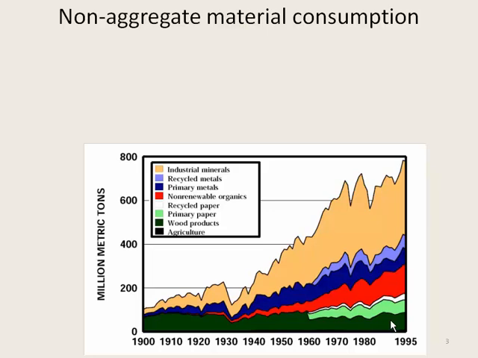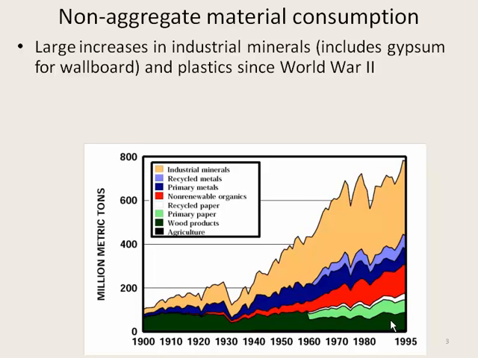When you consider, if we would take out that aggregate road building, concrete type of materials out of it and look at the other categories, such as minerals, metals, plastics, organics, wood products, and so on, you see a similar trend in increasing consumption over that time frame. And this is driven in part by industrial minerals, and one you might not think of, but was a significant part of our resource consumption, is gypsum materials that are used in wallboard in most modern house construction, and plastics especially, since World War II, have increased their application and variety of uses dramatically since then.